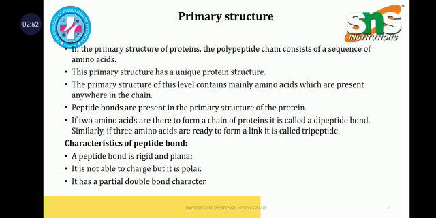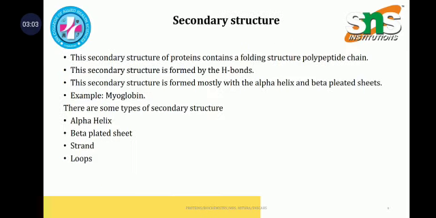The characteristics of the peptide bond are that it is rigid, planar, and unable to charge, but it is polar, and it has partial double bond character. Coming to the secondary structure, the secondary structure of proteins contains the folding structure of the polypeptide chain. It mainly consists of alpha helix and beta